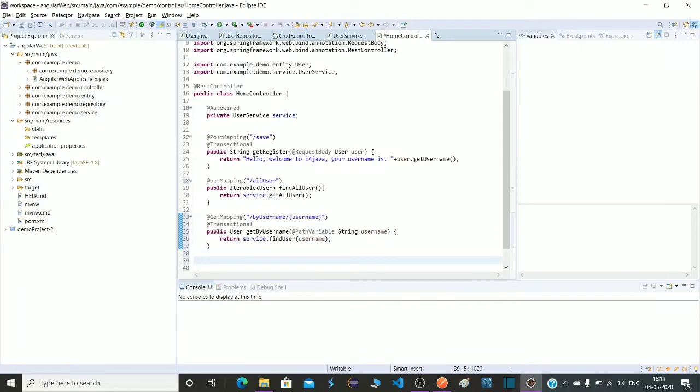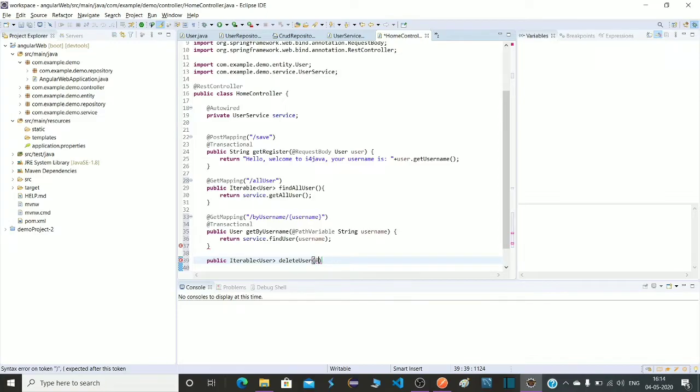Let's create one last method, which is for deleting a record. Okay, public, and in the response we want the rest of the records on the console or on the browser. For that we have to use Iterable, type is User, deleteUser, and it will also take a username parameter.